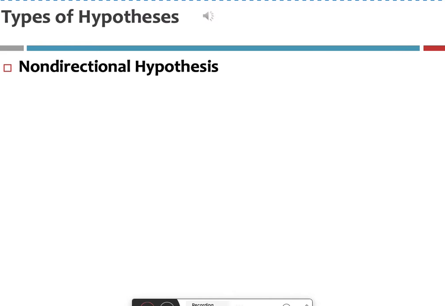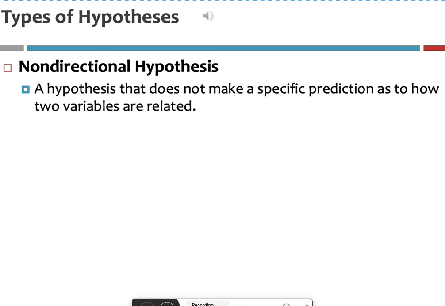Before we do our research, we do generate some hypotheses. And our hypotheses can either be non-directional or they can be directional in nature. So a non-directional hypothesis would be where we make some sort of non-specific predictions about how two variables might be related. So I might say,